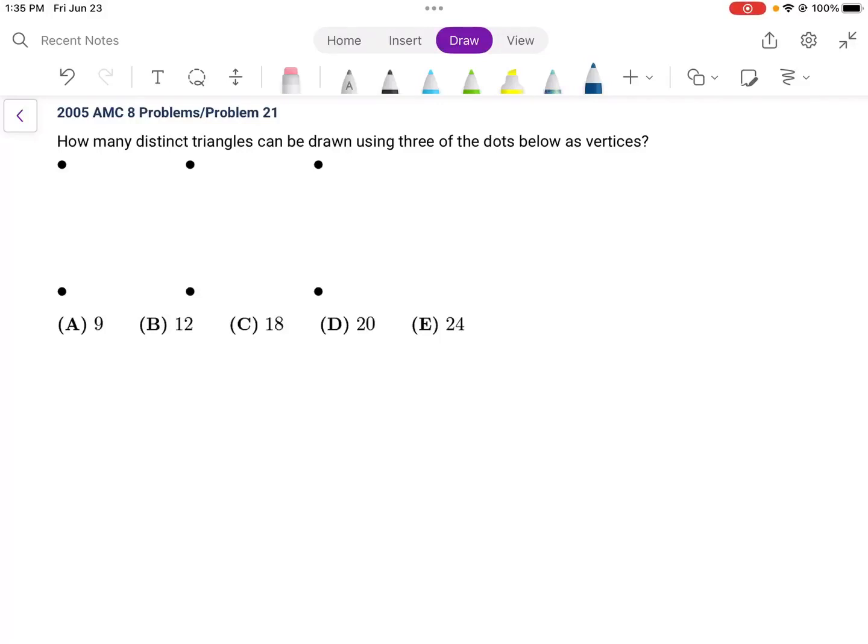For problem 21, how many distinct triangles can be drawn using 3 of the dots given below? Because there are 6 dots in total, we have 6 multiply 5 multiply 4 choices to form triangles. And then because the order of the 3 vertices does not matter, we need to divide by 3 multiply